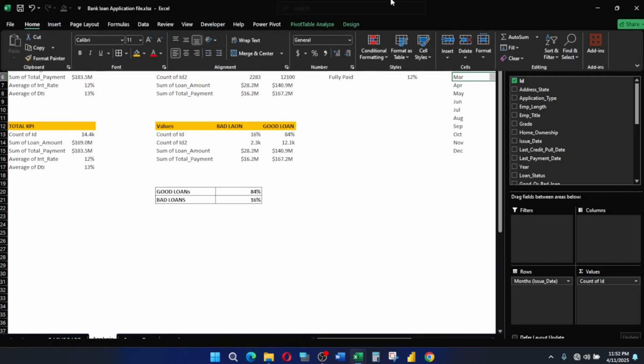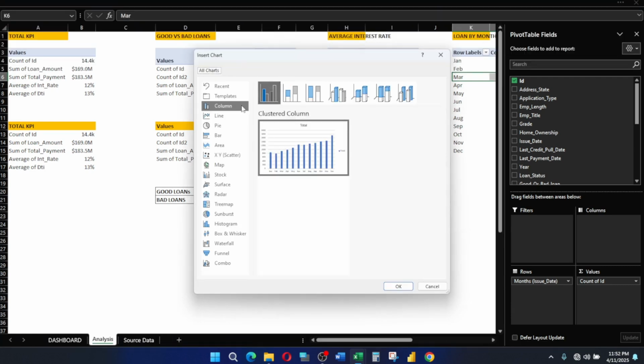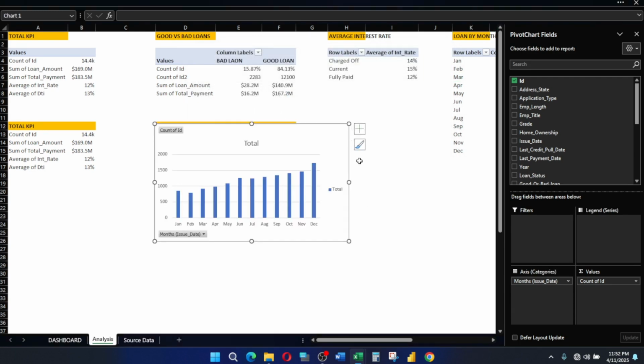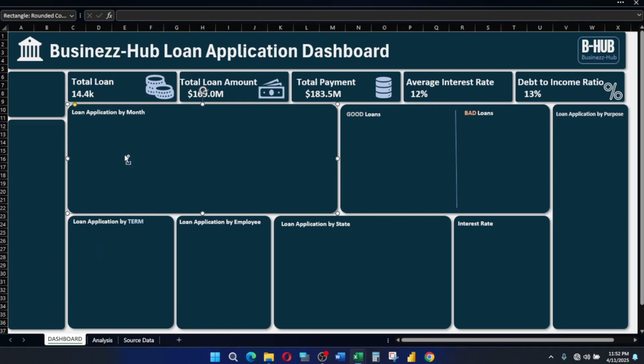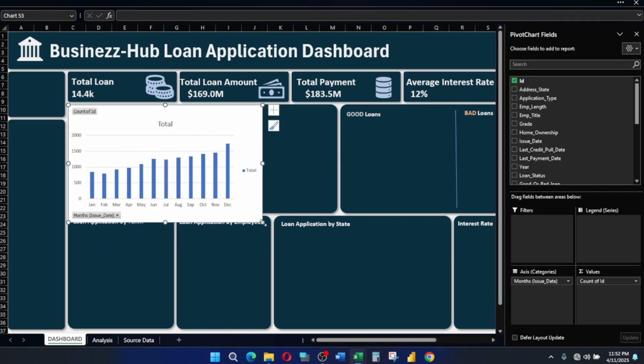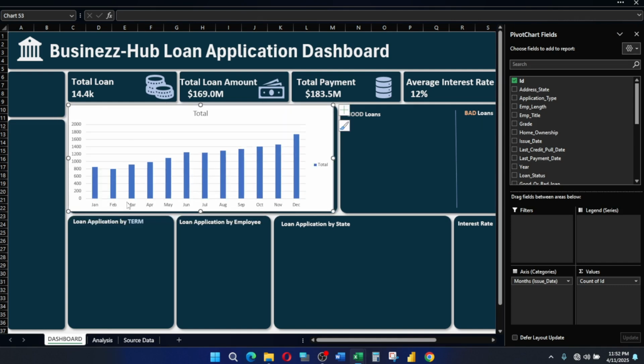So we're going to click on it, come to your pivot chart, or you come to your insert, or come to your pivot analysis here. You click on pivot chart. When you come to pivot chart, you can click column, cluster column chart, and click on OK. So we have this. Cut this, bring it to the dashboard, adjust it to fit into the dashboard, remove or hide all value field buttons on the chart, remove this,